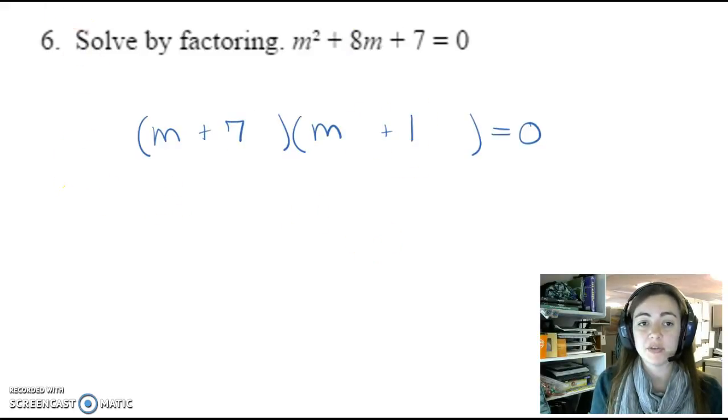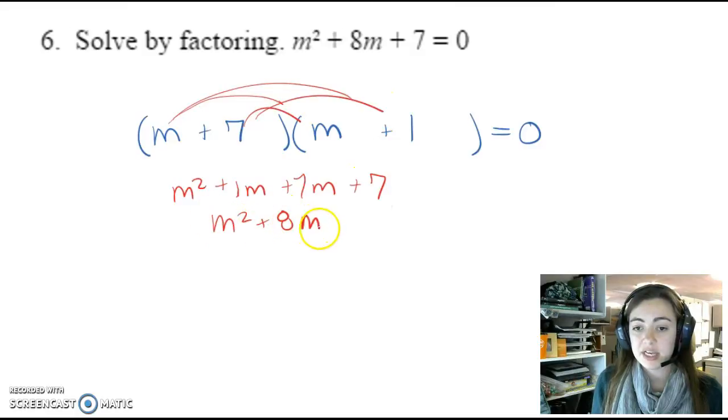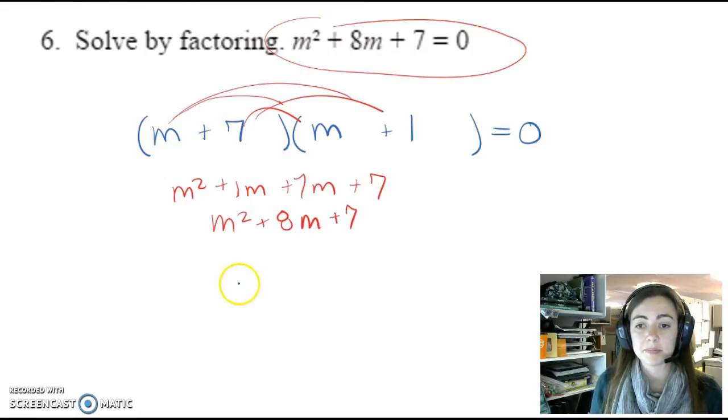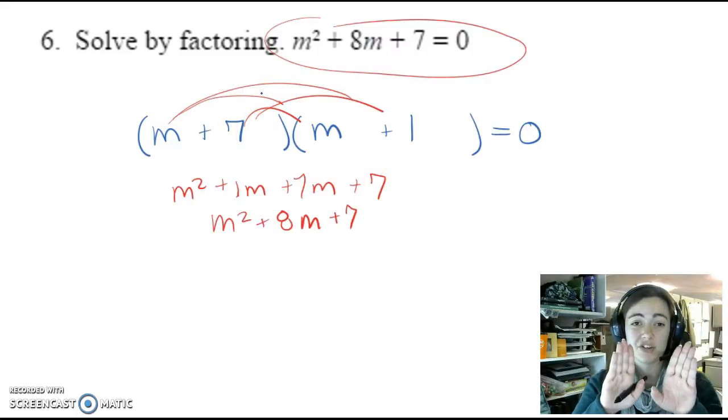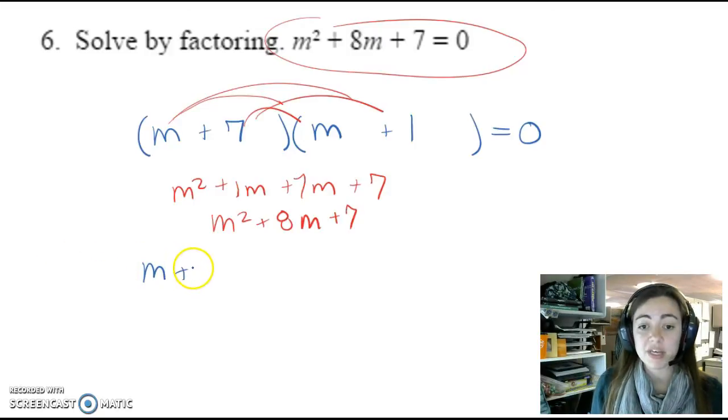Now you can always double check your work here. You can always do the distribution. You could do m squared plus 1m plus 7m plus 7. When you combine like terms, as long as you get to your original, then you know that you factored it correctly. Once you do get to the factoring, we're solving for equals 0, and remember that the only way to get two numbers multiplying by each other to get to 0 is one of them has got to be 0. Now it could be either one, so we set up both of them